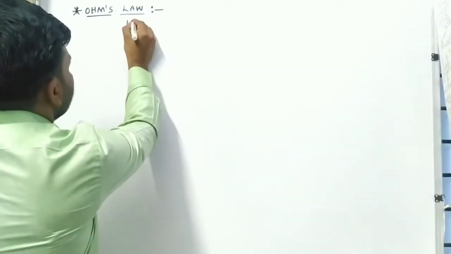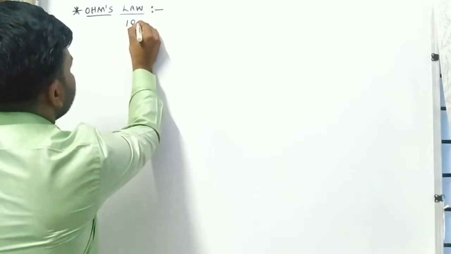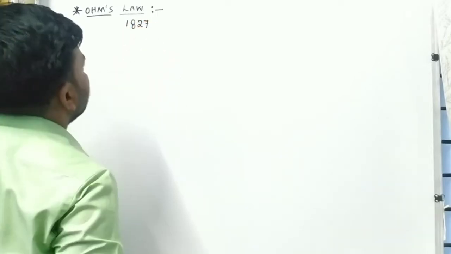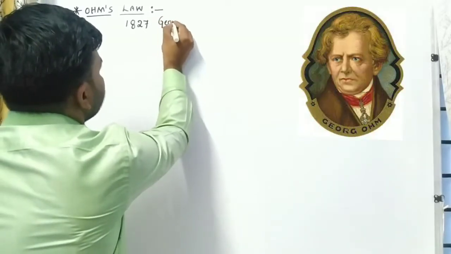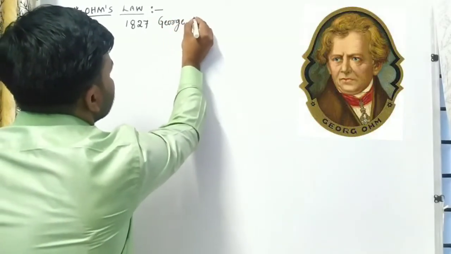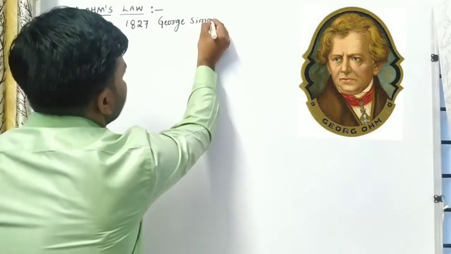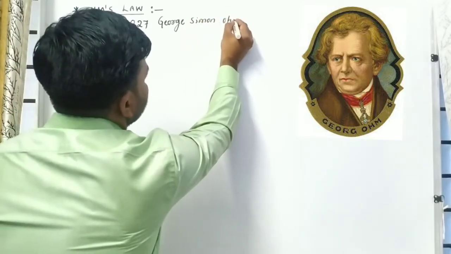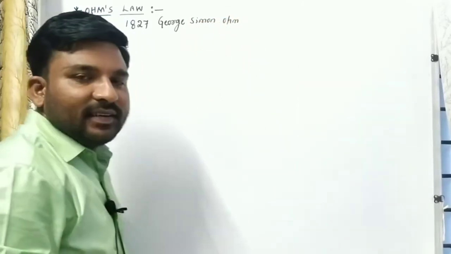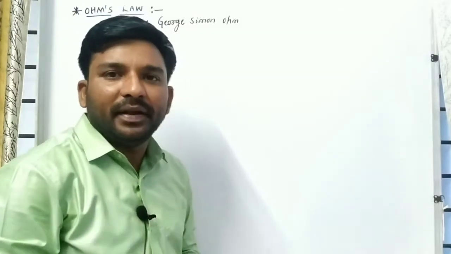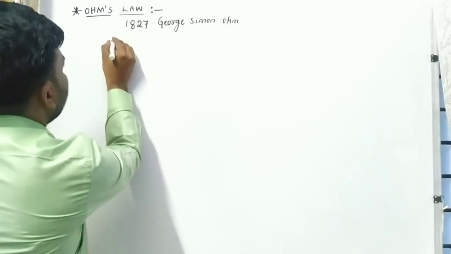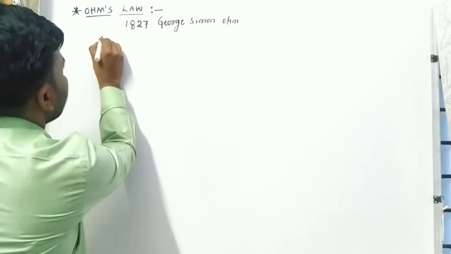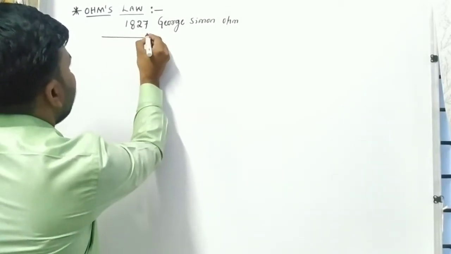In the year 1827, scientist George Simon Ohm conducted an experiment by taking the battery